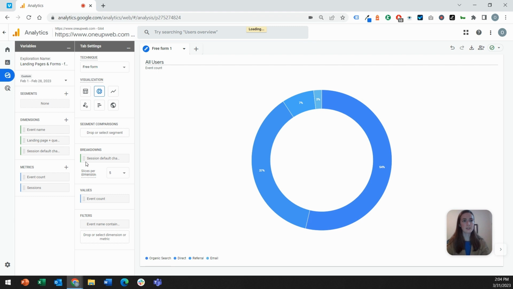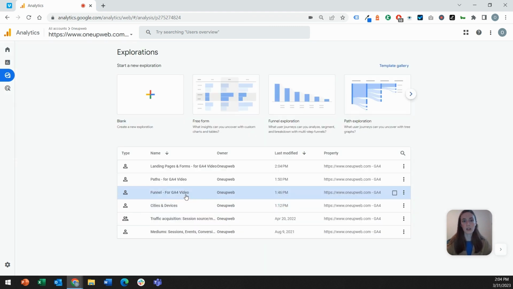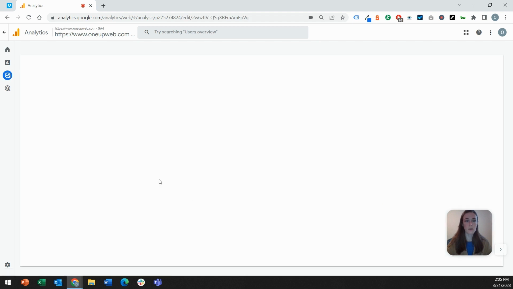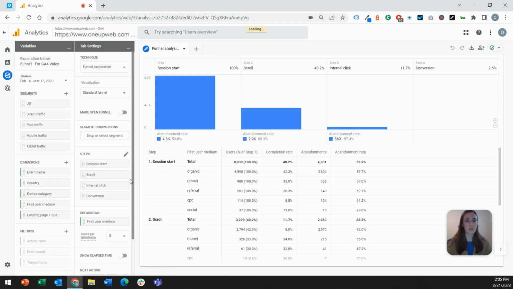All right, next let's look at the funnel report. So the funnel is very useful for building out what you understand to be your own sales funnel that occurs on your website or app. So we've built out this example with 4 different steps. The first step you'll want to build out is something that's very broad. It just indicates that you just got an impression from that user. So we chose session start.